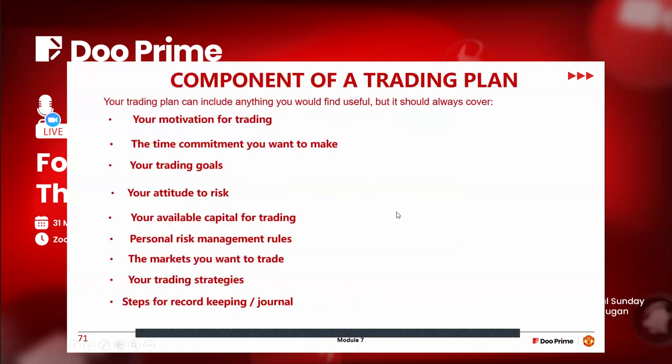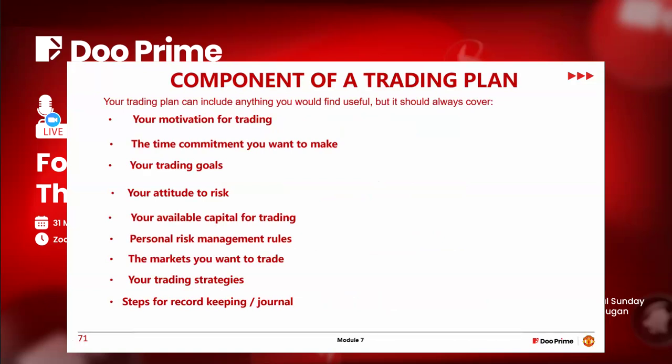Now, if you want to ask me, you'll be like, okay, we all understand this. We need a trading plan. We need a trading guide. Then how do we create a trading plan? What are the things needed? Now, the components of a trading plan, if you might ask: include anything you find useful that will make you successful. We'll all have different trading plans because some plans are personal, based on your strategy, based on your attitude. They're just personal and they're different.